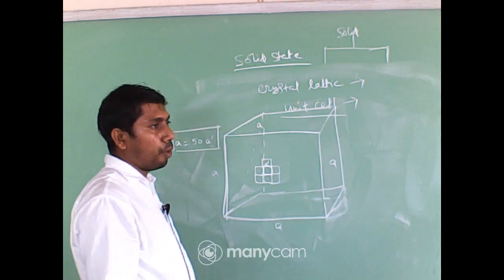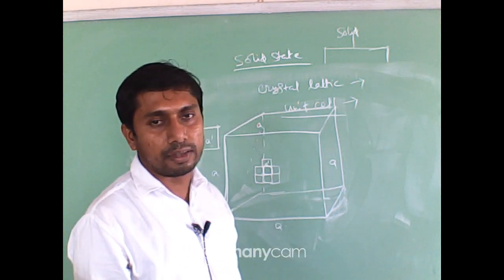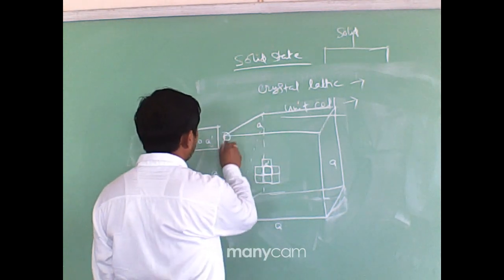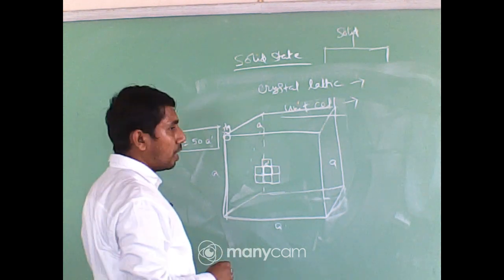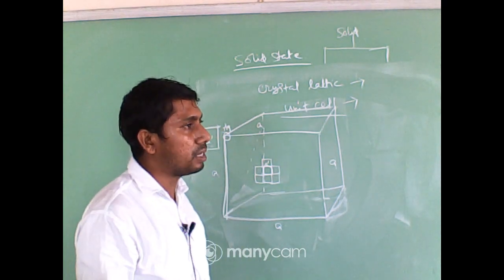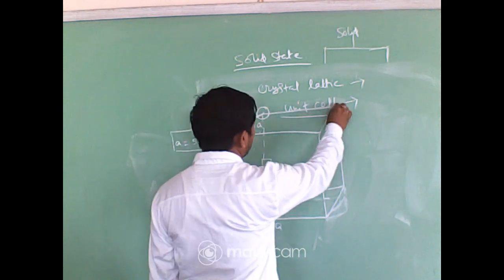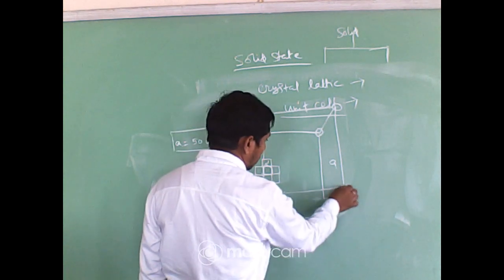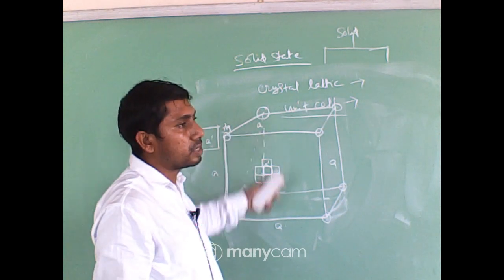Now, here the points mean the particles. It may be the particle in case of a metallic solid. For example, suppose here it is a crystal of silver. Here silver is present. Now, if any point is missing, suppose here no silver is there, it is just vacant, but here silver is there, here silver is there, here also the silver. Out of all 8 points, one is void of silver.